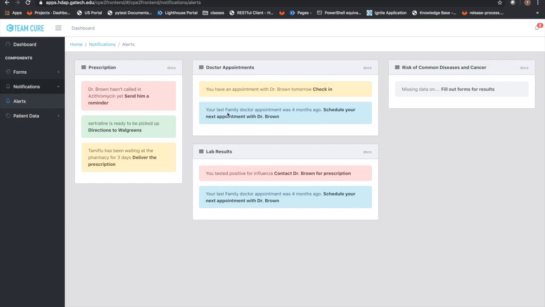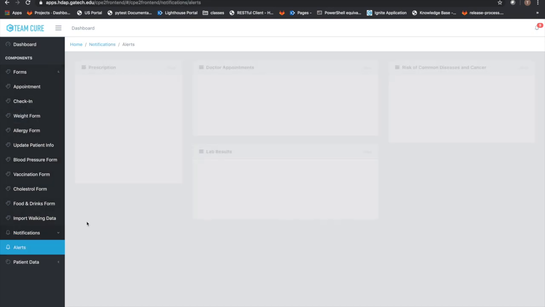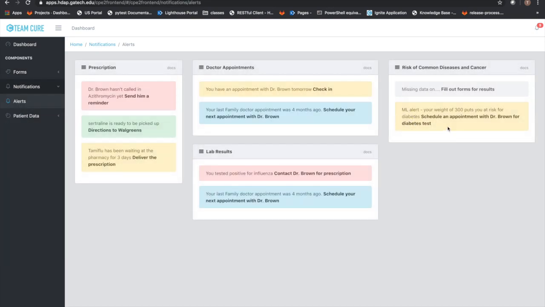is. All right, and the last area, diseases and cancer, is that if you go over here to this weight form, you can simply type anything that's above 250 pounds. That's the limit that we put currently. So if we save this, it's now saved data, patient data within the form, and now automatically this alert shows up,